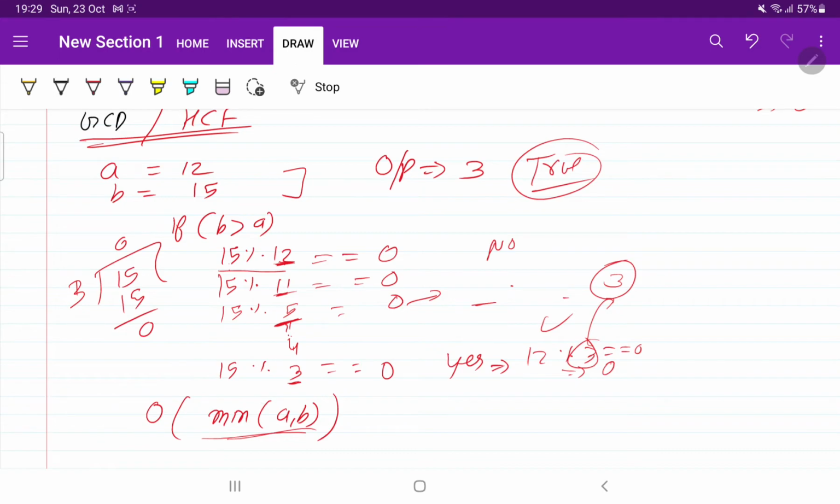If the number which is smaller. So it is one of the approaches that we have discussed: first of all, check from the number which is smaller, then reduce the number by 1. If it is divisible, check for the other number also. Okay, this is one of the approaches.